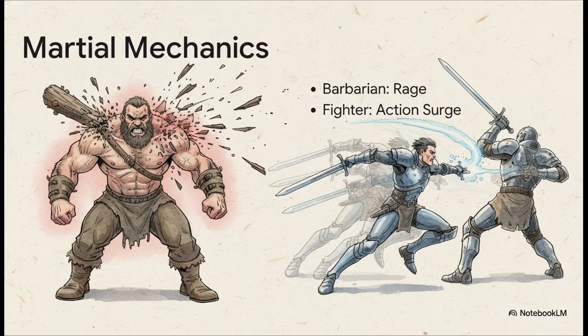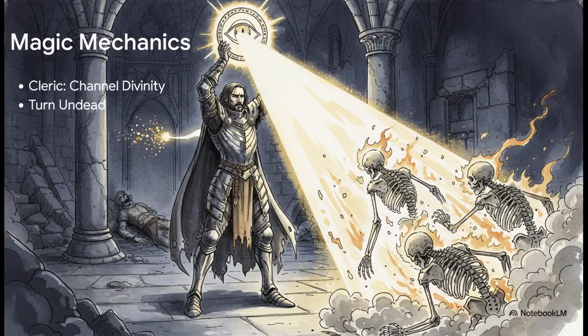Let's zoom in on the specific flavor of the martial classes for a second, just to see how they play. Take the Barbarian. At level 1, they get Rage, and that isn't just a cool word. Mechanically, it gives them resistance to physical damage, so they can just absorb massive hits, plus advantage on strength checks. Then look at the Fighter. By level 2, they get Second Wind, letting them heal themselves with pure stamina, and Action Surge, which literally lets them take an entirely extra action on their turn. They completely dominate the flow of combat without ever casting a single spell. So, the crucial point is that while martial classes excel at physical rules, magic users intentionally break them.